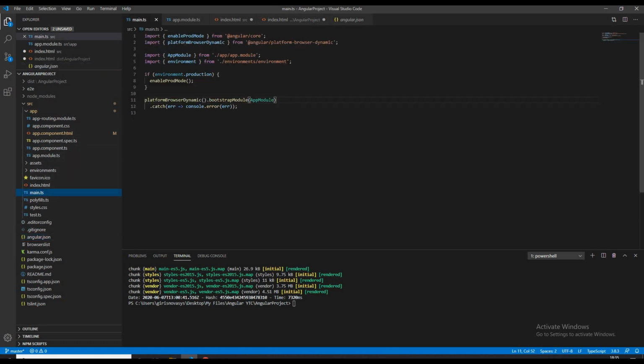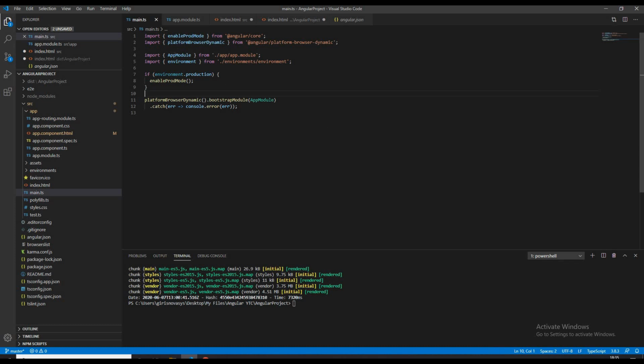There is an import of platformBrowserDynamic from the library @angular/platform-browser-dynamic. platformBrowserDynamic is the module responsible for loading the Angular application in the desktop browser. We can load our application in a desktop browser or in a mobile device with Ionic or NativeScript. If we are using NativeScript, then we will be using platformNativeScriptDynamic from the nativescript-angular platform library instead of platformBrowserDynamic, and we use platformNativeScriptDynamic here too.